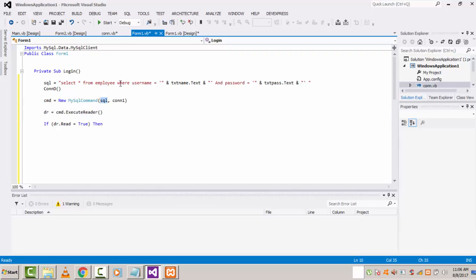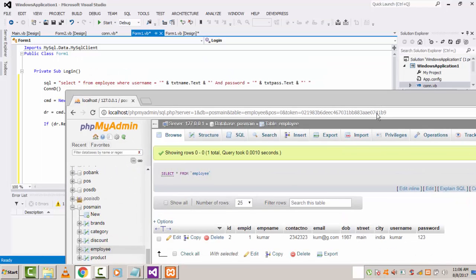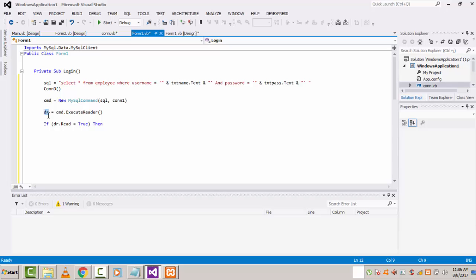If the query and connection are both correct, it is reading each and every row of the column. It goes to the employee table and reads each and every column. The relevant records are fetched and stored into the dr object. Then if you call read, if the read is true, the record is available. If it is false, the record isn't available. If it is true,